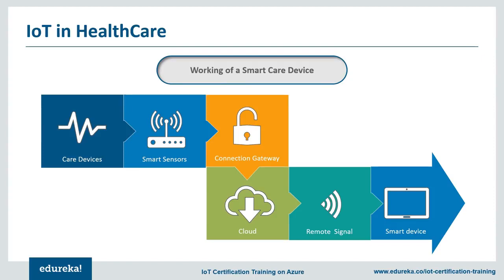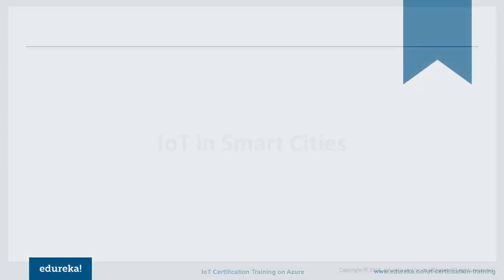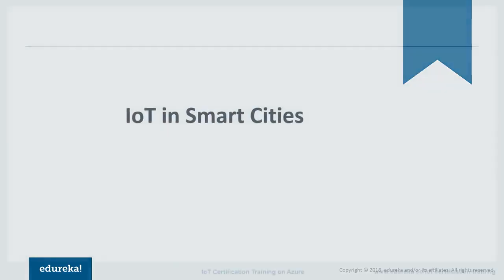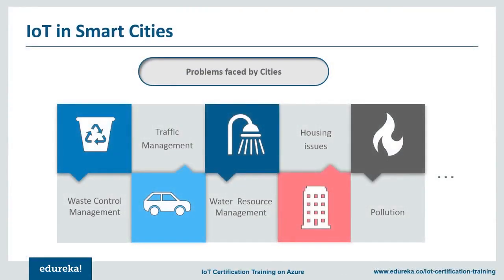With that said, let's move on to one of the most talked about prospects of IoT, the smart cities. Now, the thing about a smart city is that a smart city solution is very specific to that one city. The problems faced in Bombay are very different than the problems faced in Delhi. Even global issues such as waste control, traffic management, availability of finite drinking water, housing, and pollution impact different cities with different intensities. So, the only way to really make a city smarter is to cater specifically to its problem.